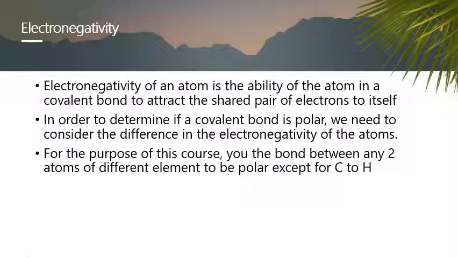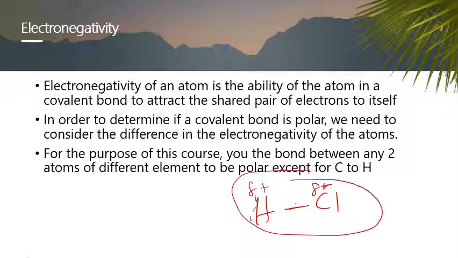For example, if you have HCl, Cl will pull the electrons closer to itself. So this part will be slightly more negative, and hydrogen will now be slightly more positive. So in order to determine whether the covalent bond is polar or not, we need to determine whether there's a difference in electronegativity. For simplicity's sake,